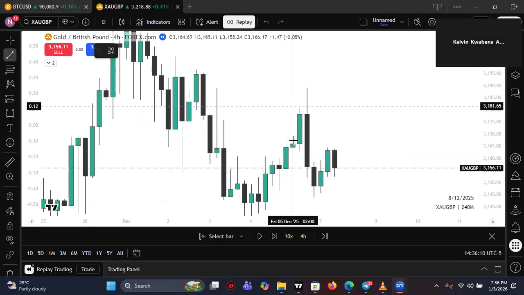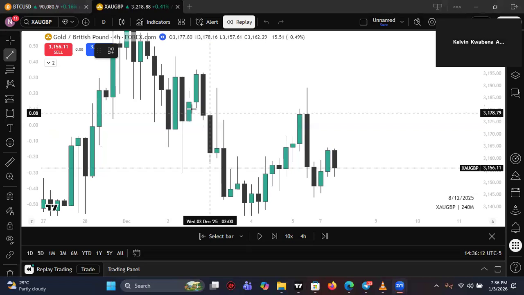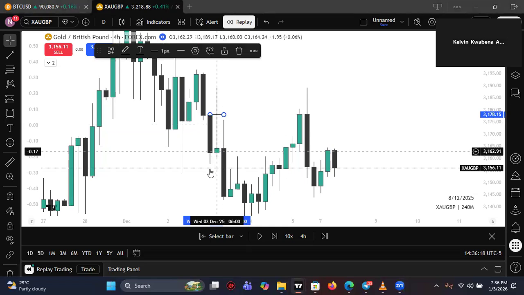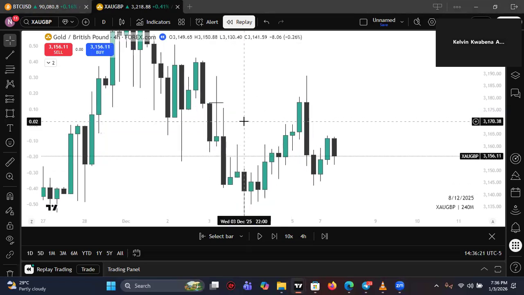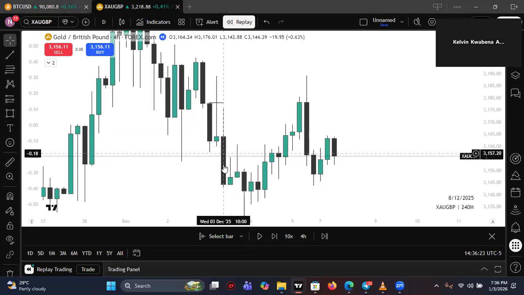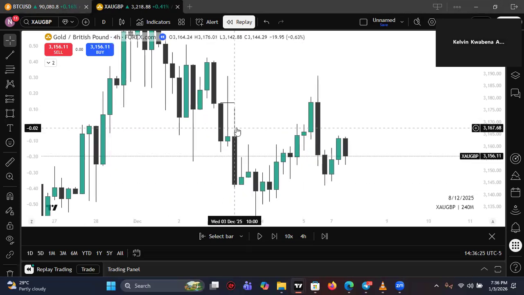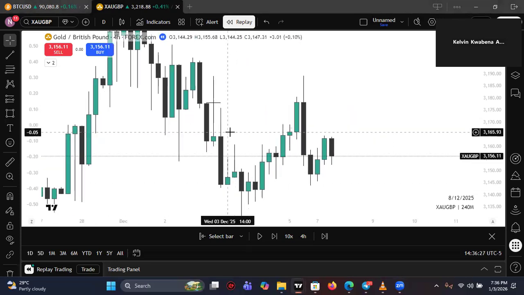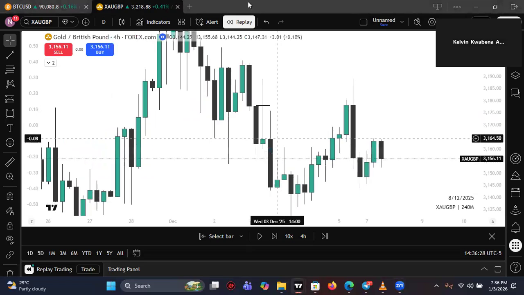Yeah, so what I'm trying to say is you can clearly see that when we tag this fair value gap over here, we took this candle's high and then we closed inside the range of that candle. And you can clearly see that the third candle distributed, right? Now, according to basic candle closures, which I want to do on gold,